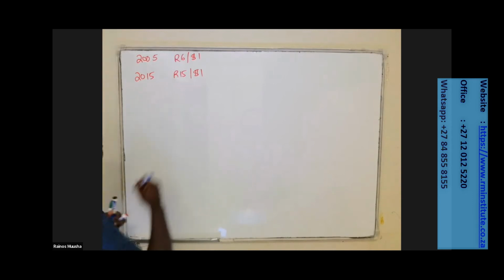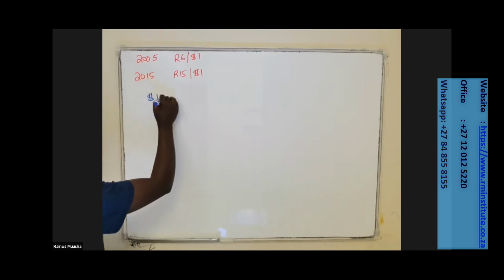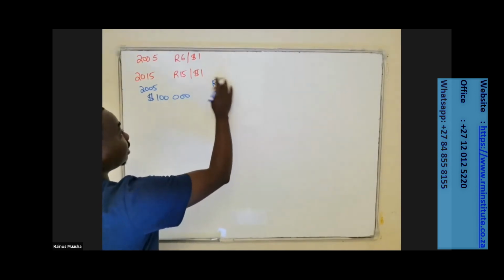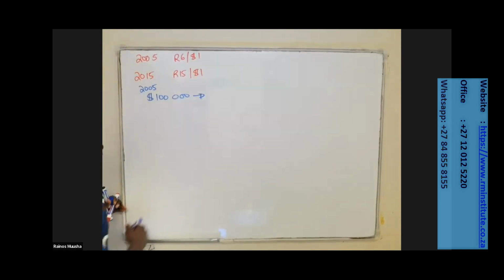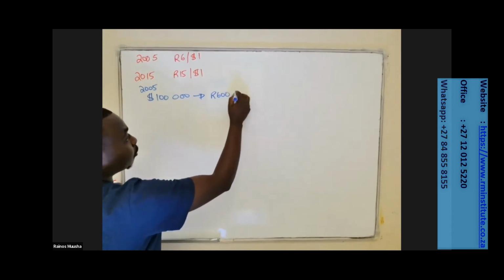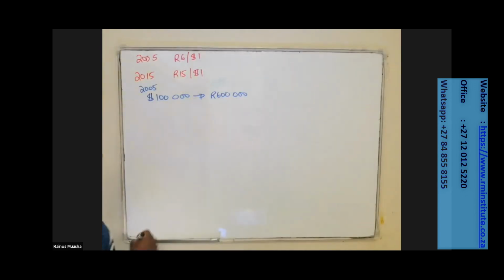Let's say, for example, they started off by investing 100,000 US dollars. It would mean in 2005, that amount would have converted to an equivalent amount of about 600,000 rand. Now, if the investment is an equivalent amount of 600,000 rand, they invest this money in South Africa, right? Now, if we exclude the effect of